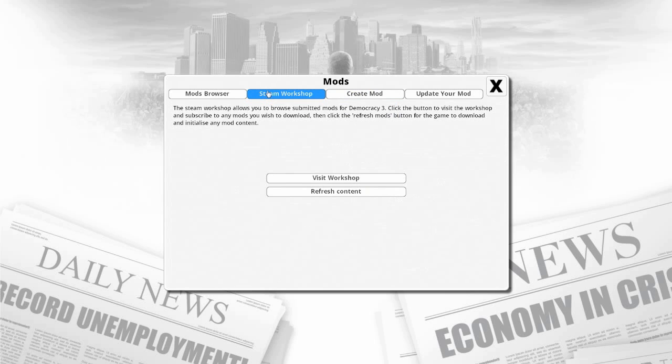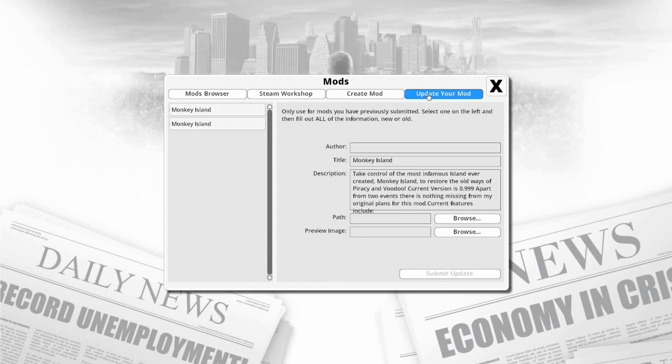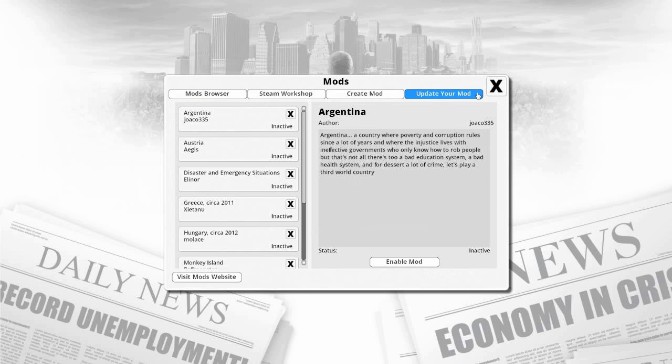It's not perfect. Sometimes it'll take some time to see a mod in the workshop, and of course that thing about the description is obviously not optimal. But apart from that, it's nice that there's